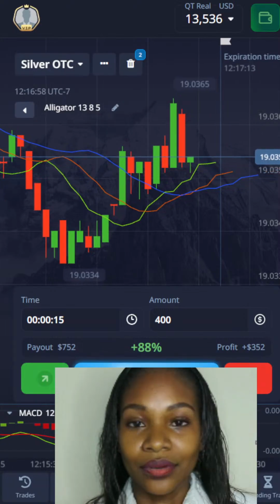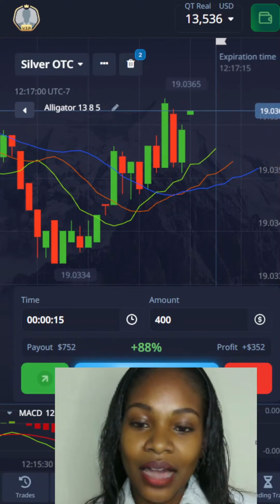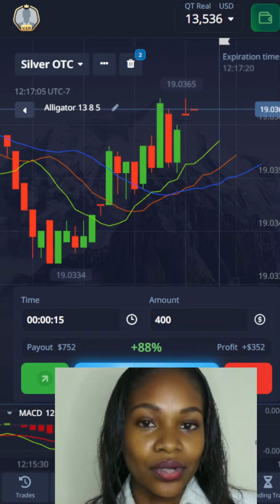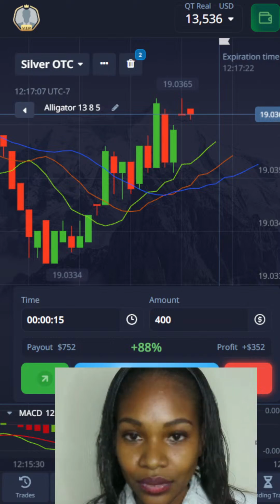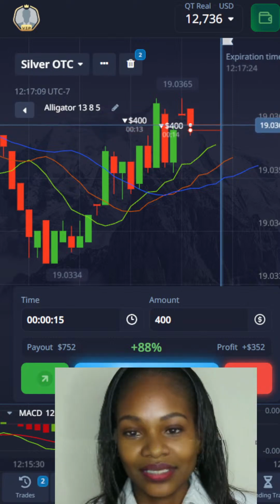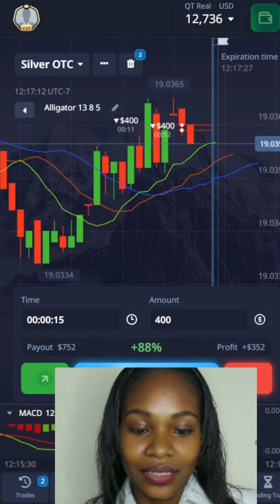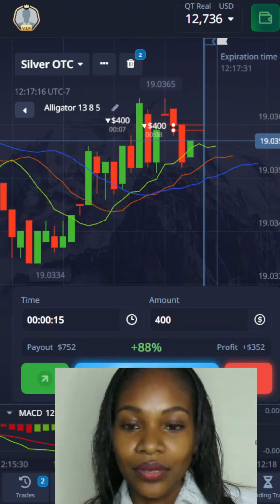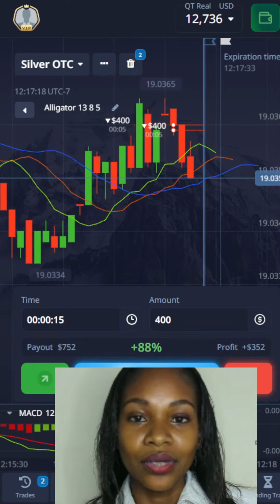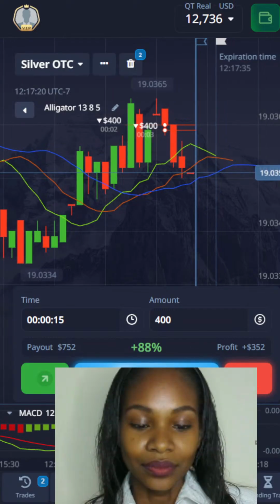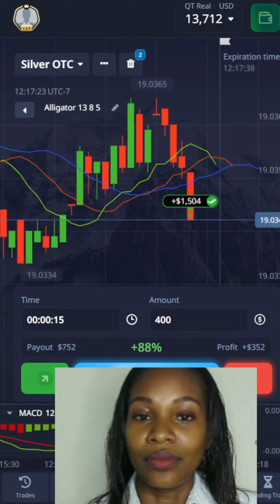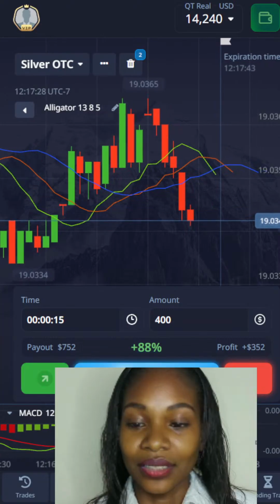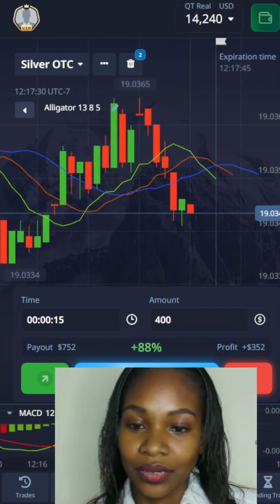Then we have where the market is not moving in the uptrend nor in the downtrend. It's just ranging, okay? So that simply means that both the buyers and the sellers are in the market, but we are still waiting for who will overtake and we form a direction or we identify a direction that okay, it is the buyers who are now in control of the market or the sellers who are in control of the market.